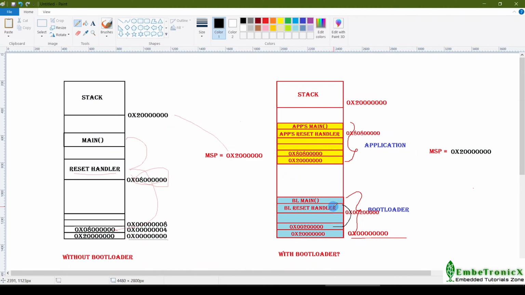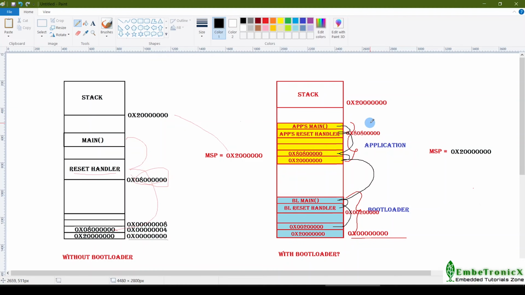Once it has finished its job, it will call the main function. After that, it calls the application's vector table, and we have to update the MSP with the application's stack address. Then it takes the application's reset handler address and calls the reset handler. In the reset handler, it does the same operation that we explained previously and calls the main function.